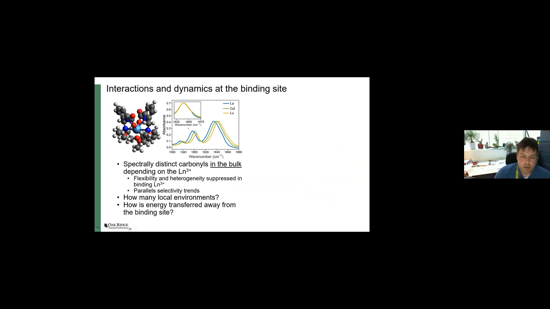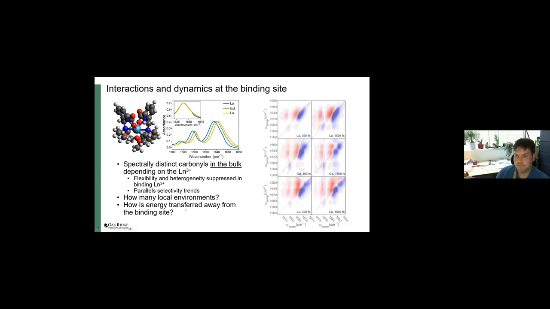So looking at the molecules that we're talking about, octadecylamine, if you take an infrared spectrum, we can see that the lutetium, gadolinium, and lanthanum have different spectral responses, that they shift, and that if you overlay these things on top of each other, the heterogeneity that you'd expect is somewhat suppressed because these things are wrapped around the lanthanide. It doesn't tell you how many environments you have, and it doesn't tell you how energy is transferred away from the binding site. So when we take the 2D IR spectra, you can see how all those same sorts of shapes show up, but you can also see how the